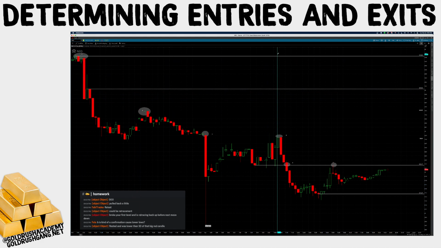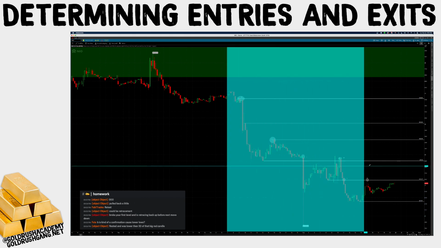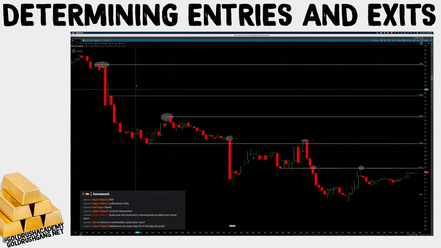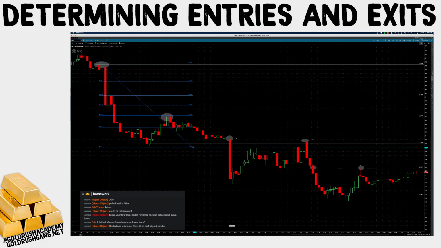So let's draw a fib on it. Where's my fib tool? A is, let's just call A the start of the move because nobody would have caught it there. And we'll ignore this little piece over here. So we got the start of the move over here to the end of the move over here. And we came back